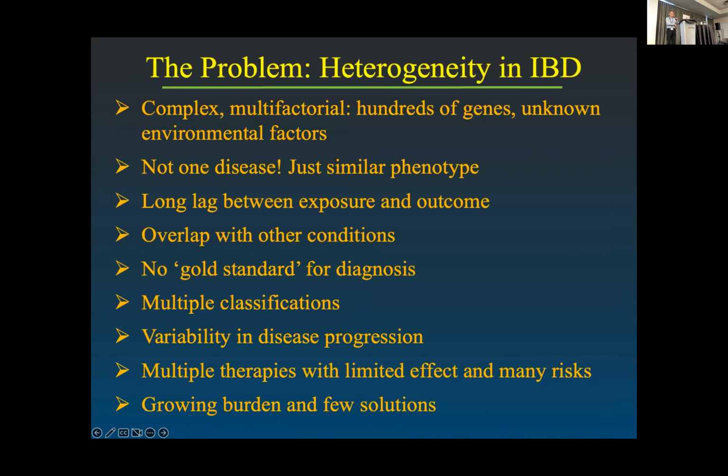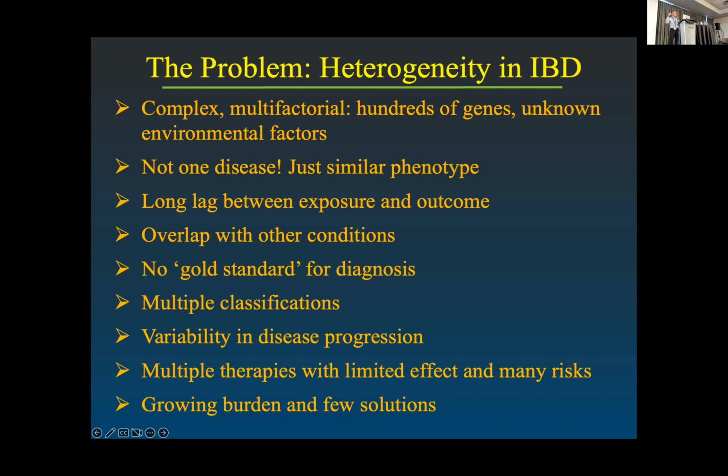And I think that AI is in a very good position to allow for that. So to summarize the problem, before we start talking about potential solutions, IBD is an example of a complex condition, recognized by the multiple factors involved in its pathogenesis, including genes and environmental factors. This is not one disease, in contrast to exposure causes disease. And I know that this is oversimplifying it. For example, with cigarette smoking and lung cancer, if we eliminate the exposure, then we might reduce certain types of lung cancers. In this case, we don't really know what to eliminate.